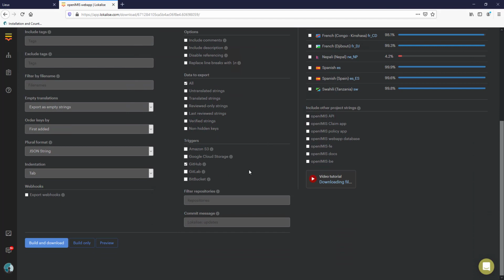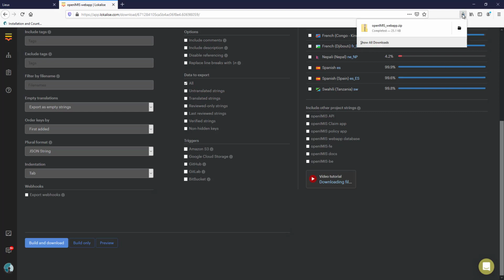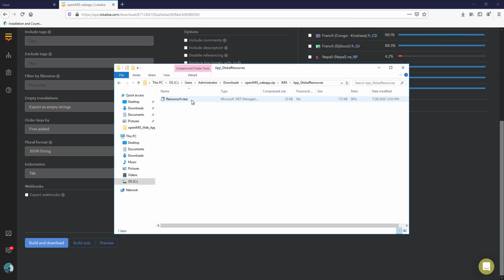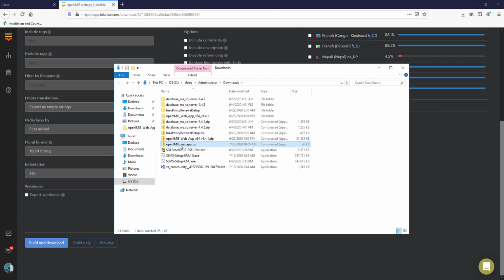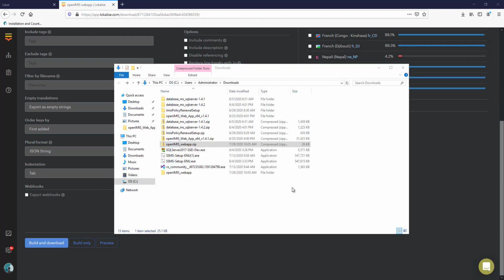We deselect GitHub trigger and click Build and Download button. Save the file in your Downloads folder. The downloaded zip file contains the French resource file. Extract the resource file and copy it to OpenIMI's web app VB folder cloned in a previous video.